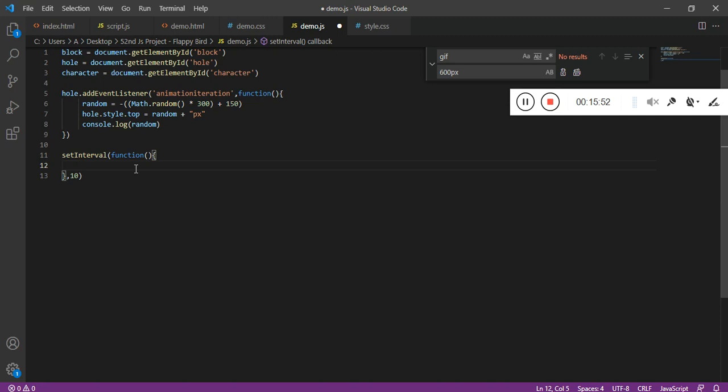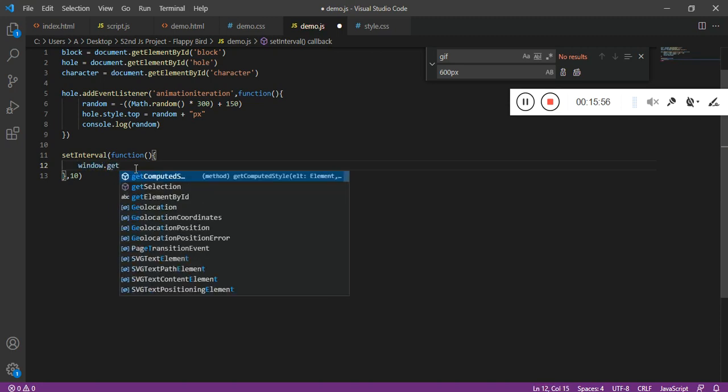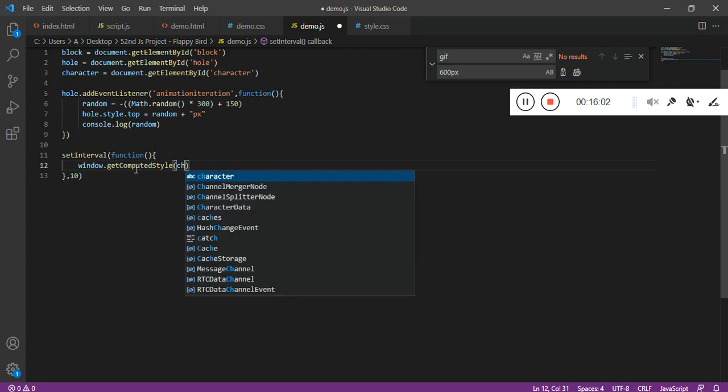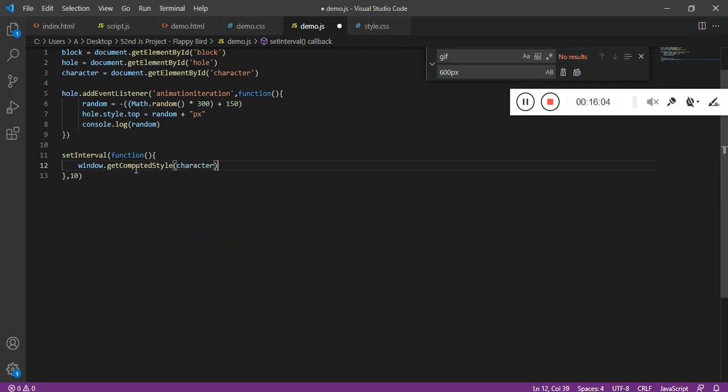To get the top position, we have a function window.getComputedStyle, and we have to pass the element which we want the position of. In this case we want the character position, and the value we want is top. So we'll save this into a variable called characterTop.